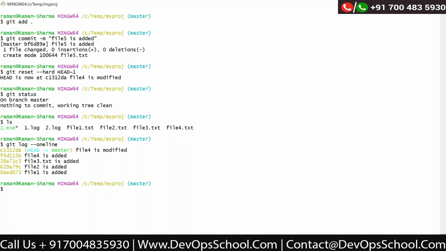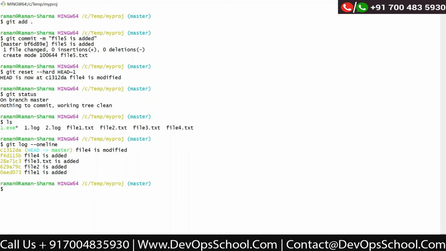All right, so now let us move to the next topic, which is the revert. Okay, so in the reset, the thing is that you can revert back the changes, but that should be recent ones, means last 1 commit, last 2 commits. It is not in between.